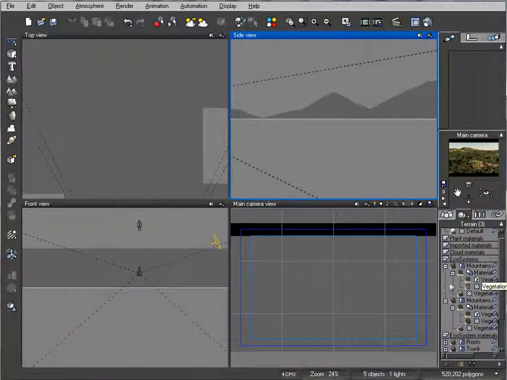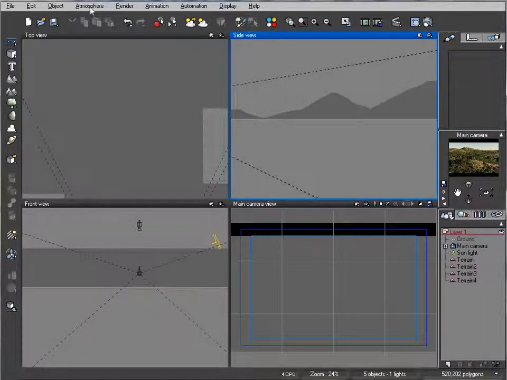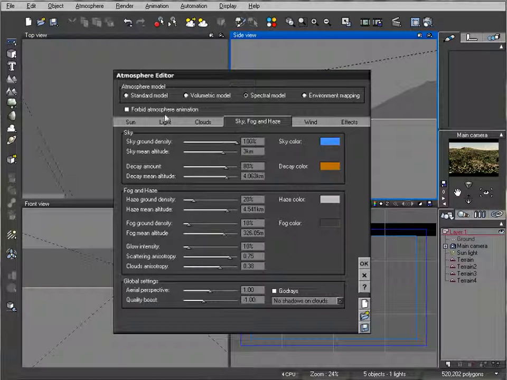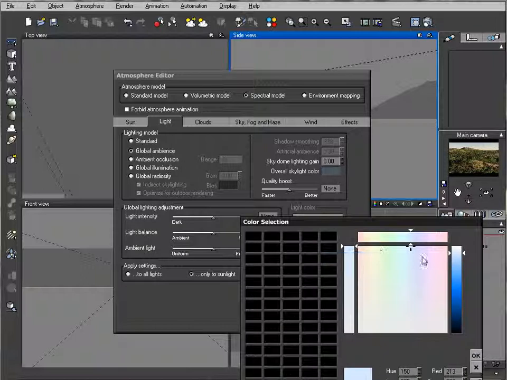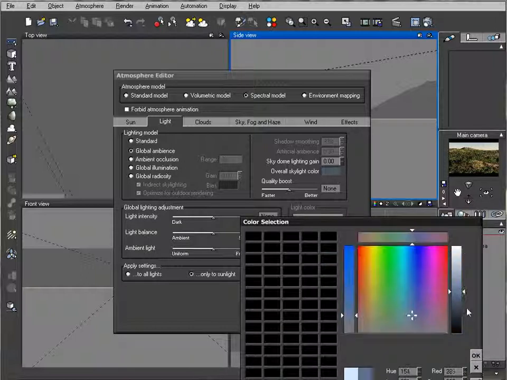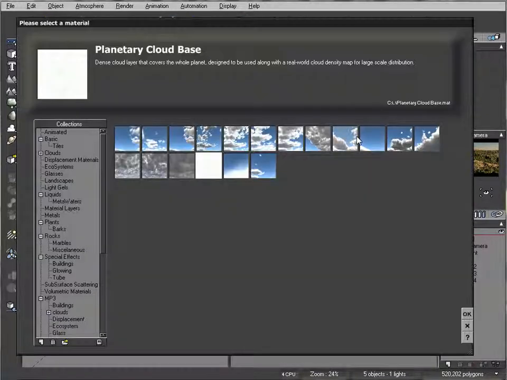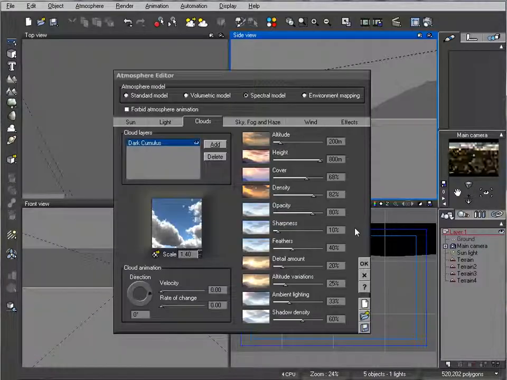Okay, let's go right now to our atmosphere and work a little bit on it for the final image. So let's go ahead to light, and one thing I like to do is make the ambient light a little bit desaturated and darker. As well, we'll go a little bit more to sunlight and switch to ambient occlusion. We'll go to the clouds and add dark clouds. If you want, you can add a little bit of fog between trees, and to do this you just go ahead,